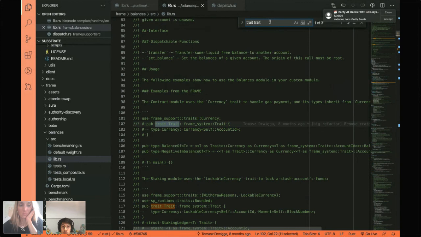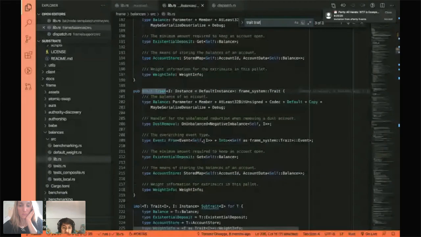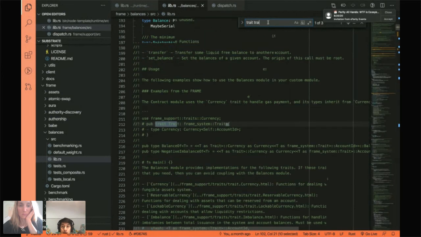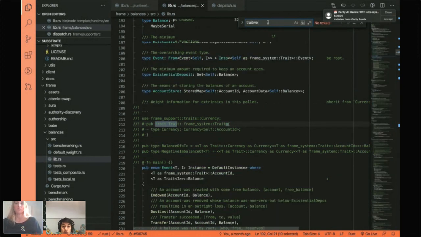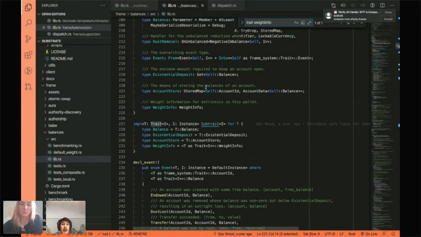Okay, so we've introduced this new type here, weight info, which must satisfy a trait called WeightInfo. Yeah, sorry about the naming here, I couldn't get really clever. If I look for the trait WeightInfo, each pallet will define this trait, which will have a set of functions that must be defined to satisfy it.